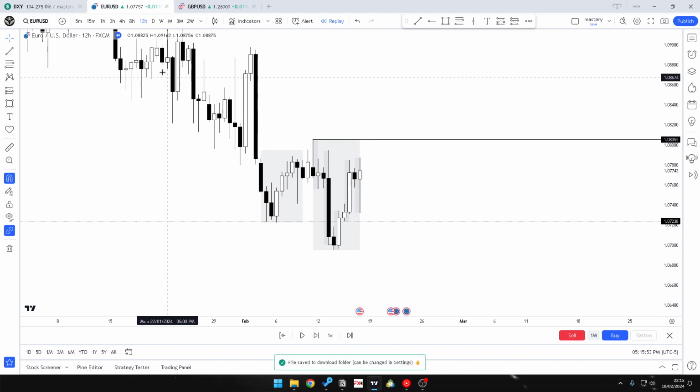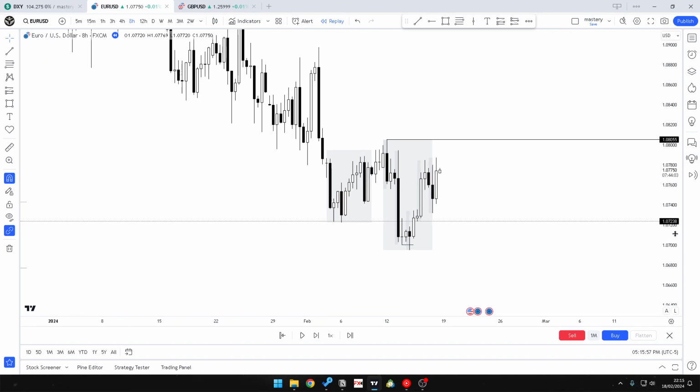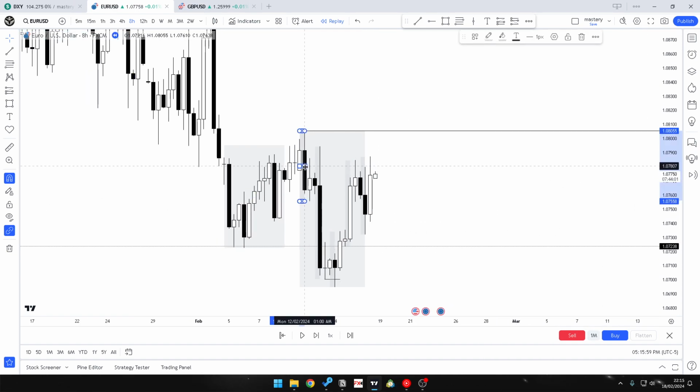So I'm doing almost a recap with a range idea, with a next weekly range forecast. So you can see now the candlesticks on